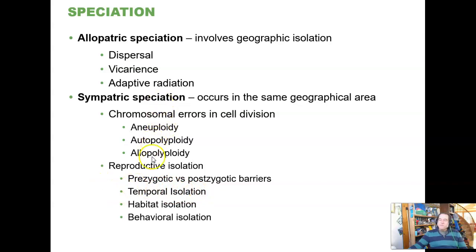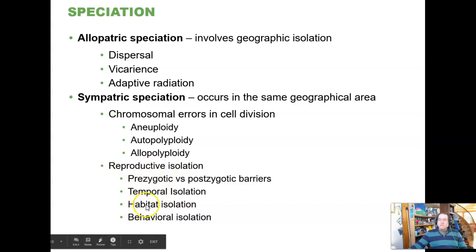And then over time, chromosomal changes can occur that will lock in that difference between the two of them, because errors happen, and occasionally they take. That's an example of a prezygotic isolation, though. Habitat isolation, where the individuals living up high on the mountains don't really ever meet the individuals living down in the valleys of the same species. So we've got two separate populations reproductively isolated from each other.